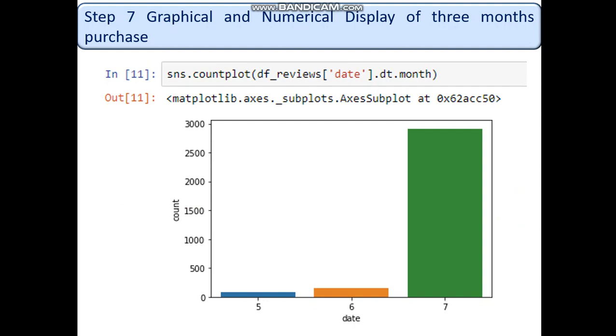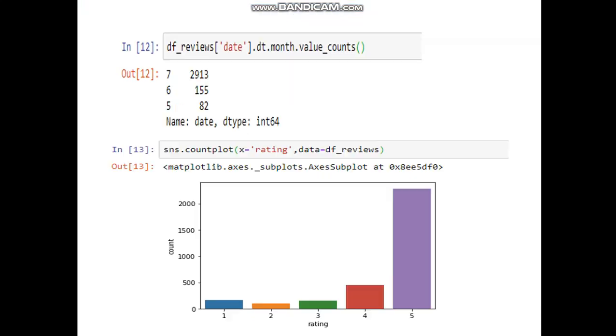So if you want to know the exact number, then there is another command, df review date dt.month.value_counts. So you can see that in the month of July 2,913 products have been sold, and in the month of June 155 and May 82. Similar way, if you want to know the ratings,